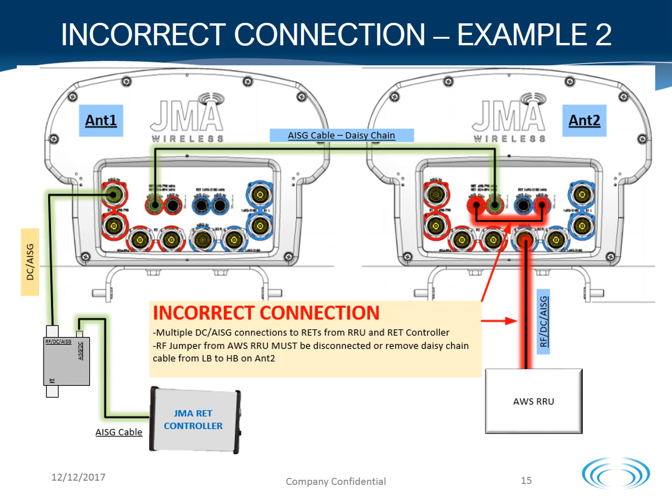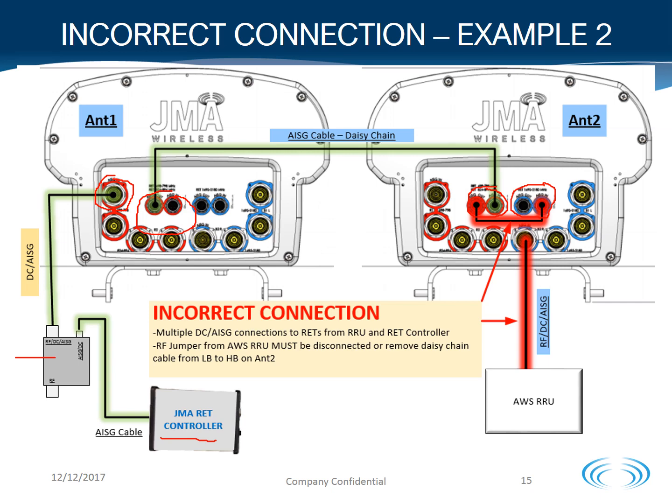Incorrect connection, example 2. Again, if the antenna is already installed and the RRU integrated, you might run into this issue. If the low band RETs on antenna 1 is daisy chained to the low band RETs on antenna 2, and that is daisy chained to the high band RETs on antenna 2, there could be a conflict. When you connect the RET controller using a bottom smart bias T to inject the DC and AISG on RF port 1 of antenna 1,